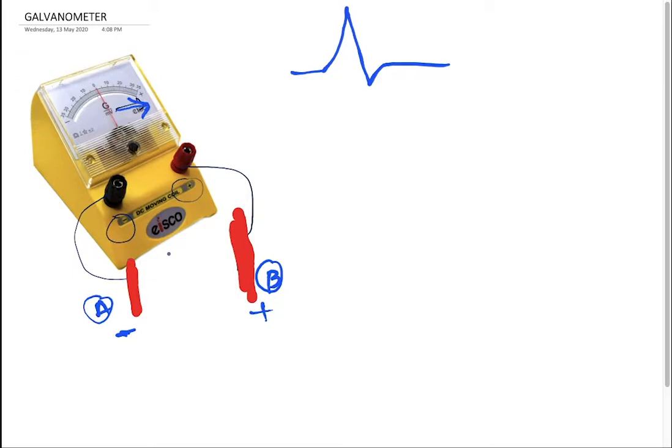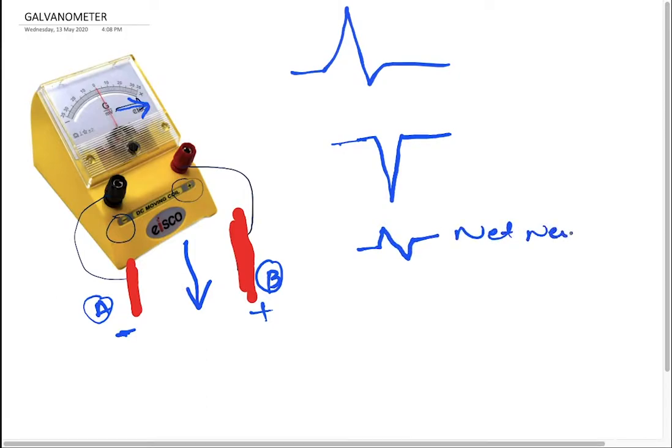Say current is moving in the opposite direction, say from positive to negative side. So obviously the graphical representation will be pointing downwards. So next let's talk about what if it is perpendicular to the 2 points. I'll make a perpendicular movement of current. So the net will be neutral in this, because it's neither moving to the positive direction nor to the negative direction, so it will be net neutral. So you can see 0.